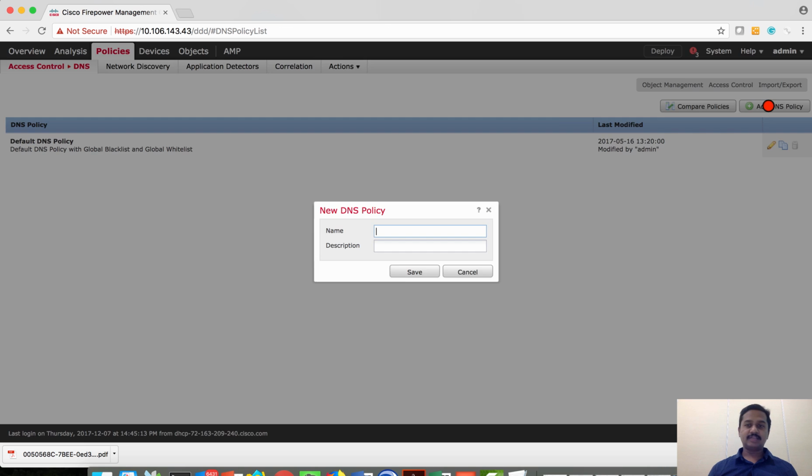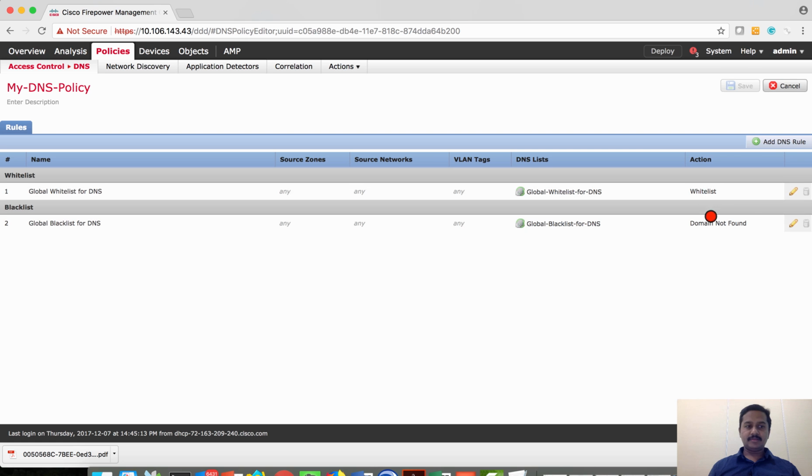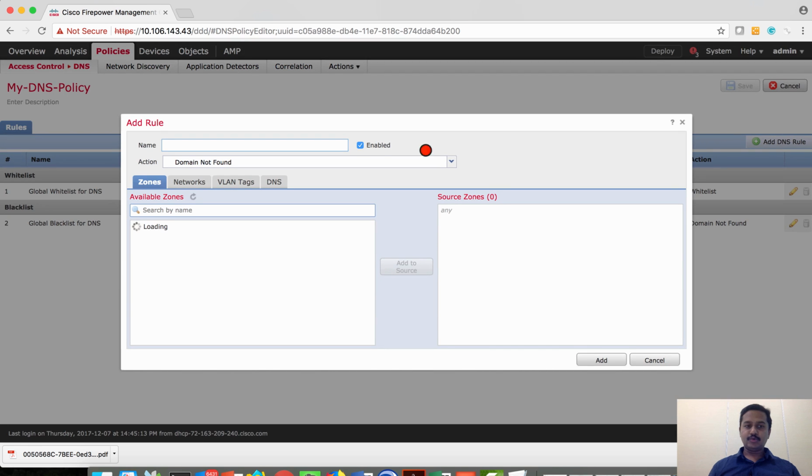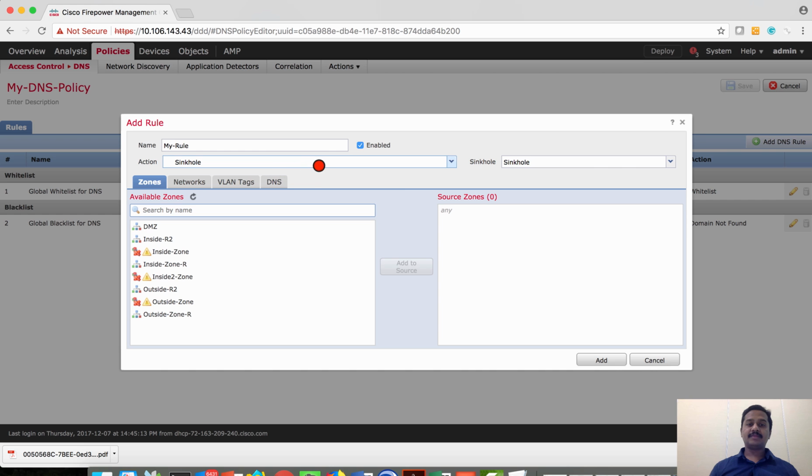Let's create a new DNS policy. The default policy will be available. Let's create a new rule. We have various actions. One is whitelist, which says that this condition meets good, so continue the DNS query to go out of the FTD. Or just monitor, which sends it but logs the event. Or if you find it is to a bad domain, drop and send back to the client saying that the domain was not found. Or if you mark the action as drop, then the DNS query is dropped silently. And you can have sinkhole. So sinkhole, what it does is,